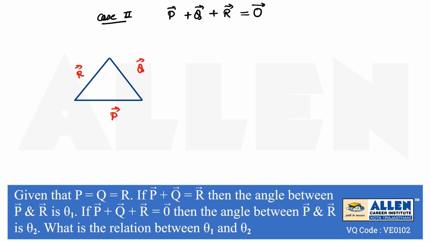Suppose I have considered P vector in this direction, and according to our condition P vector is added with Q vector, so Q vector will have its tail at this point, because we have to draw vectors in the same order. So the head of Q vector will reach this point. Now we have to add R vector to Q vector. Again in the same order, if Q vector has its head at this point, the tail of R vector will lie here, so the head of R vector goes here.